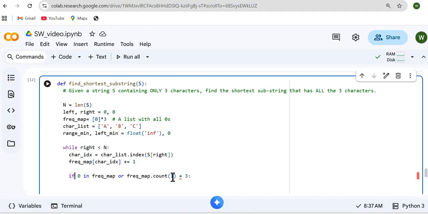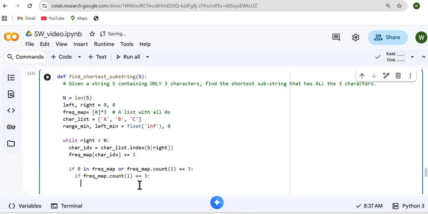That's when, okay, so this has to be double equal to, so it's like saying that, look, either I am still to find all the characters, that's 0 in frequency map, or I found each of them exactly once. Like I said, I'm keeping it analogous to the earlier problem, say current sum less than or equal to T. So that's the situation here. If the reason I'm coming into this if condition is this situation, that means I have found a substring of three which meets the requirement. I just go and update my range bin,